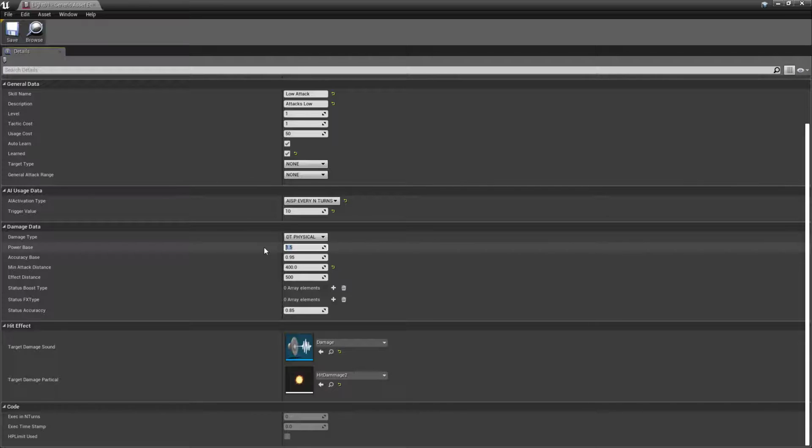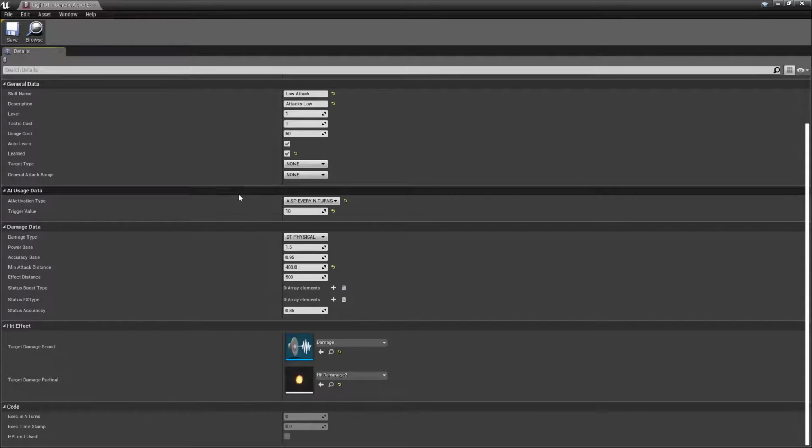You can also give it an accuracy base for the attack. You can tell the AI that's using the skill how close or how far back you need to be before you can actually execute this animation, or how far of a distance that this skill will actually use. So that way, if for some reason you have a ground stump and you want that ground stump to be further, you can change a further distance. You can change that here as well. I do have the ability to do this on a per instant basis within an animation,